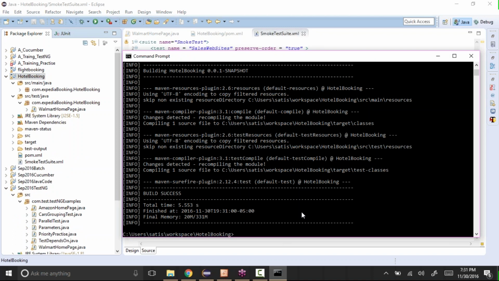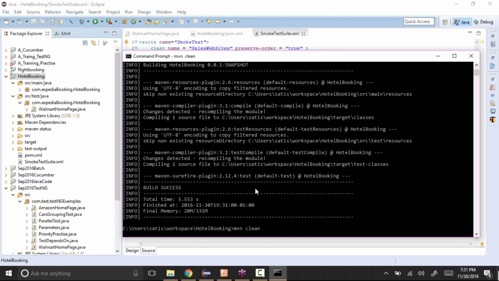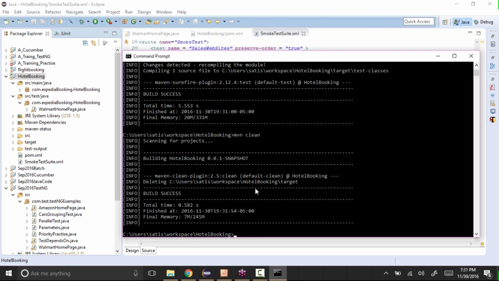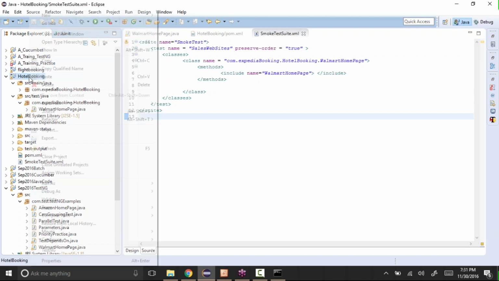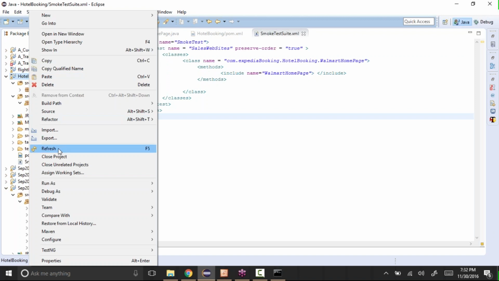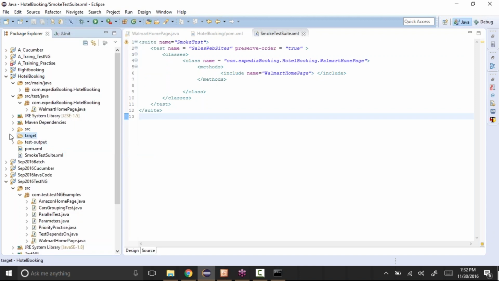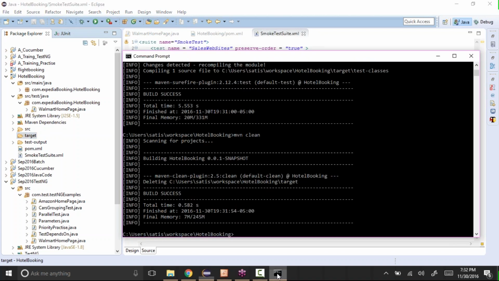So what we can do is, we can type Maven and say clean. Okay, so what this Maven clean will do is, it will delete all the files that have been created, whatever the target and the test folders that I've created, it will clean it up. See, now if I refresh, whatever that is there in the target, it is gone. So clean just cleans the project, whatever is there in the target. Okay, so that is mvn clean. So mvn test, mvn clean.